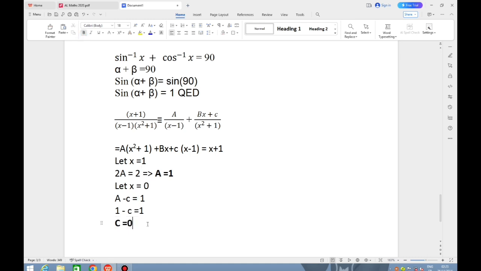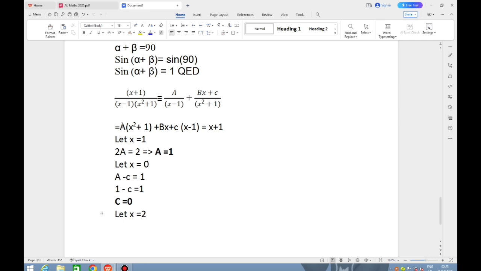And finally, from here we can proceed to finding the value of b. Let's eliminate c again. You cannot eliminate c without eliminating b as well. So you can just let x be equal to 2, for example. Now this equation turns to 2 squared is 4, 4 plus 1 is 5. That's going to give us 5a plus 2 here, 2 minus 1 is 1, 2 times b is 2, that's 5a plus 2b plus c